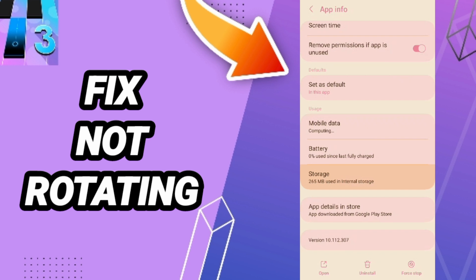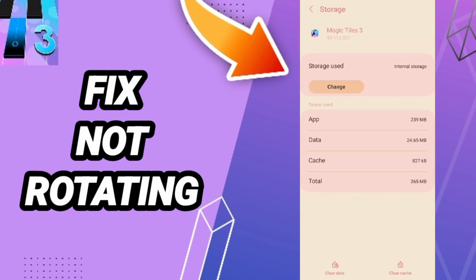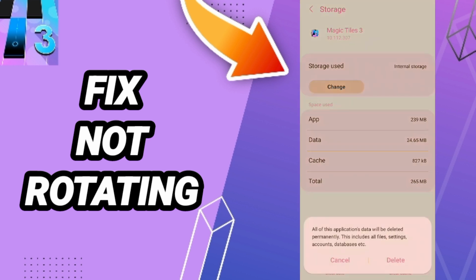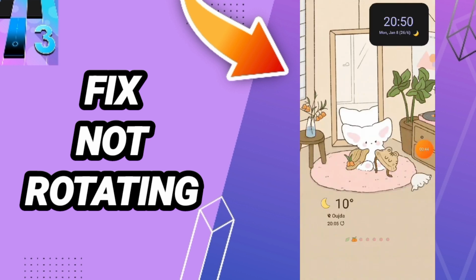Here we'll enter the storage window. Then you can click clear cache. But pay attention, don't click clear data because that can cause errors in your app. And in the end, you can turn off your phone and wait a moment to turn on your